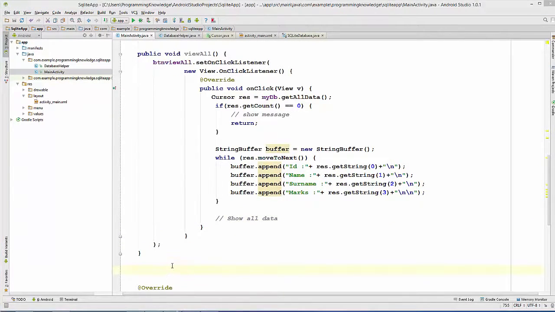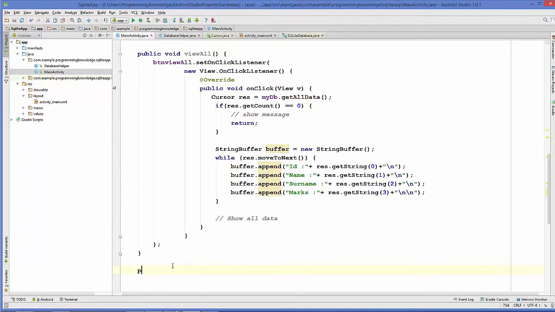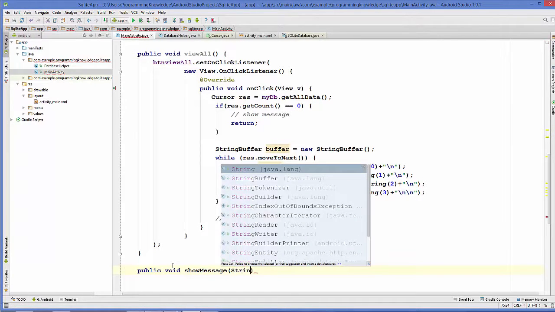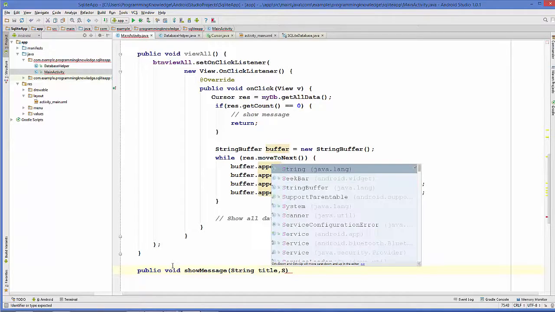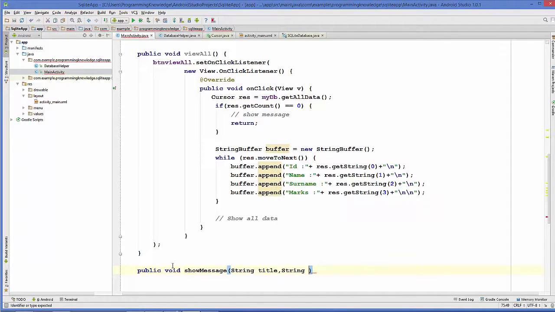So let's create a new method which will also be a public method, and it will return nothing. So void, and the method name will be showMessage. It's going to take two arguments. First is the title and second is the message itself. Okay, so String title, String message,